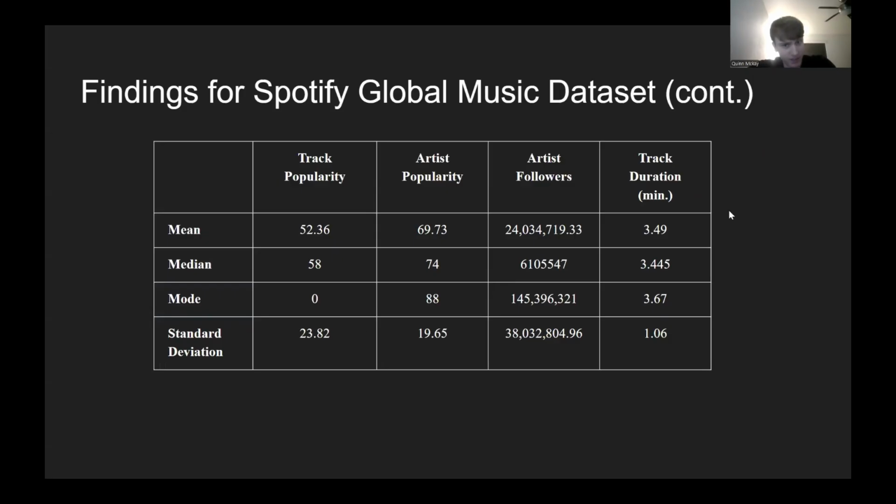So after all of our visualizations, we have simple descriptive statistics where we have the mean, median, mode, and standard deviations for track popularity, artist popularity, and track duration. The means for track popularity: 52.36, median 58, mode is 0, standard deviation 23.82. Artist popularity: mean of 69.73, median 74, mode 88, standard deviation